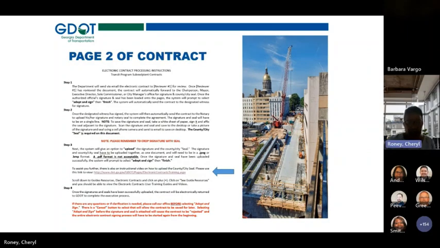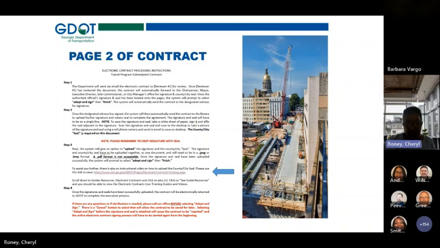This page is the electronic contracting process and instructions, and it is on page 2 of your contract. I know that a lot of you sometimes skip this page, but it is very important to go over and review to make sure you're completing the necessary information so that your contract will not be rejected and sent back to you, because that extends the time it takes to get it executed.